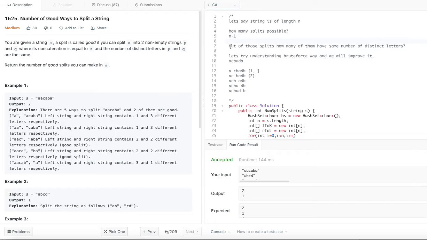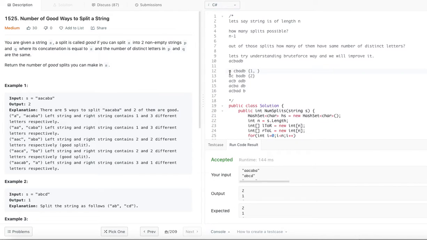So let's try to understand it in a brute force way, and then we will optimize. Let's take this string, A C B A D B. As we said, this string length is 6, so there are 6 minus 1, that is 5 splits possible. These are the 5 different splits. P is the first string and Q is the second string.